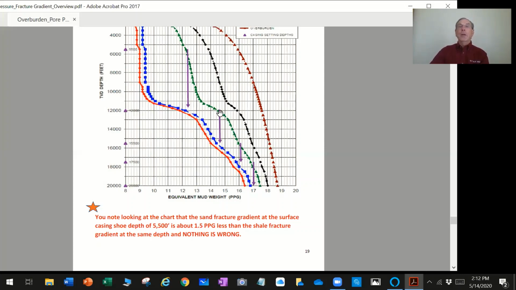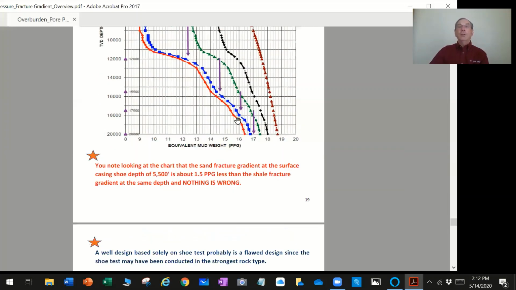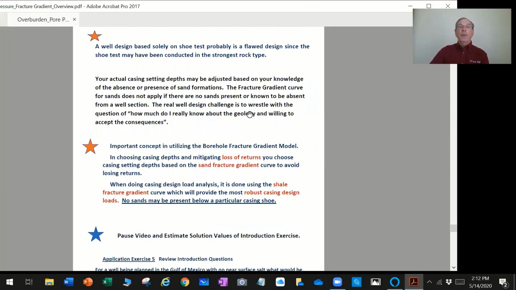You can take a pencil and an eraser and erase that line if you wanted to. You can think of it that way. It only has meaning if you have sands in that interval. But if you don't have sands, you can adjust your casing setting depths based on that knowledge. The fracture gradient curve for sands does not apply if there are no sands present. That's what I mean. So the real well design challenge is to wrestle with the question of how much do I